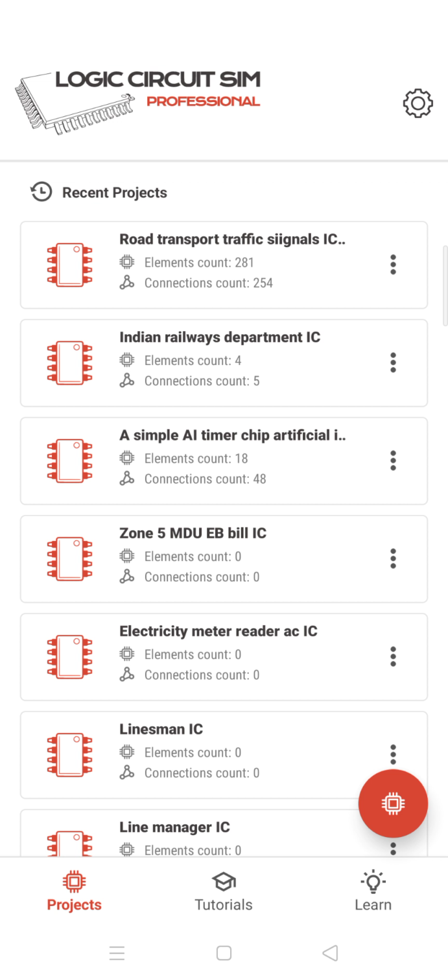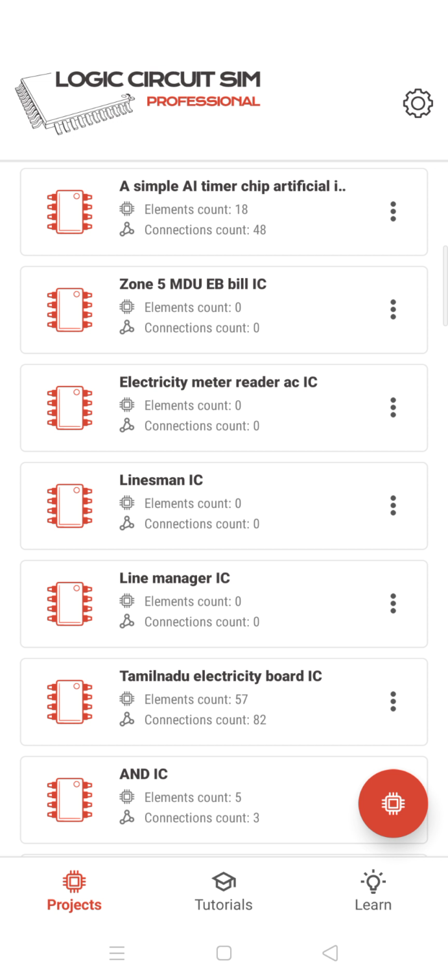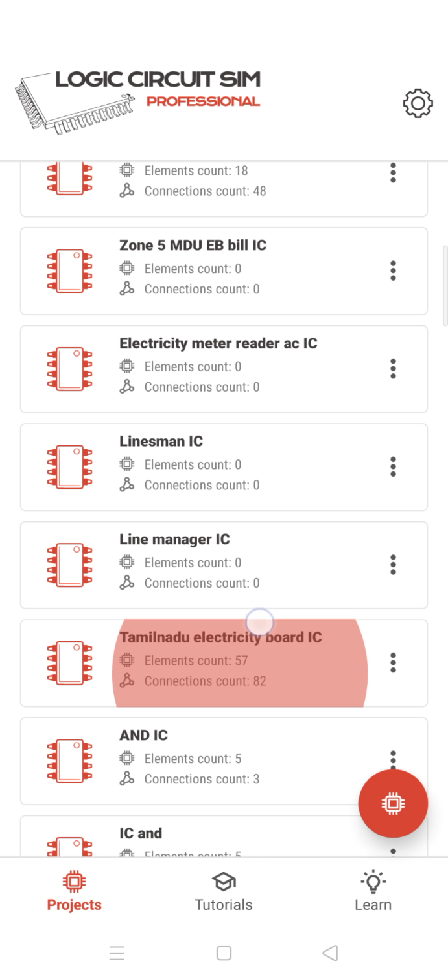Now, I have created the department one, and say for zone 5 you have to supply electricity, so that has a separate chip. A person working on electricity meter reading can take that chip, put it in his cell phone, and use it to turn electricity on or off in a particular area. So this is the electricity meter chip.